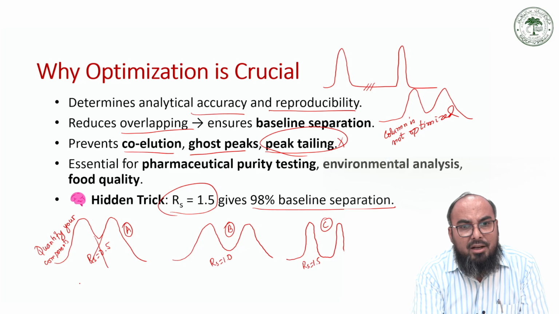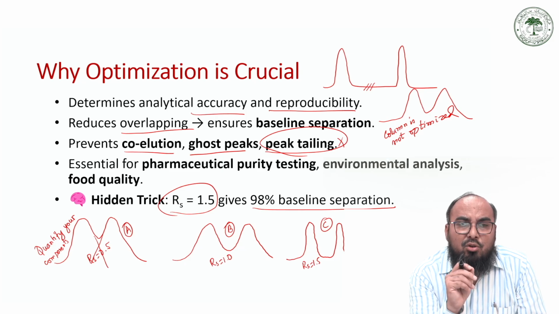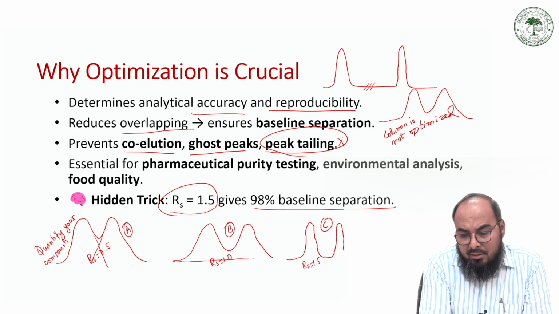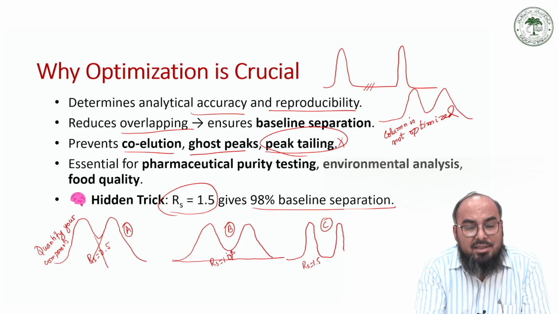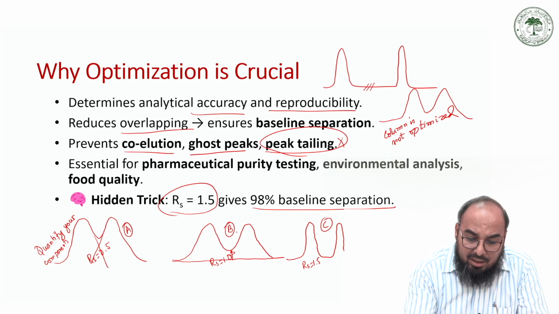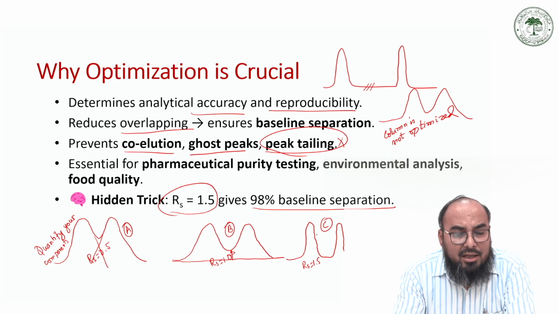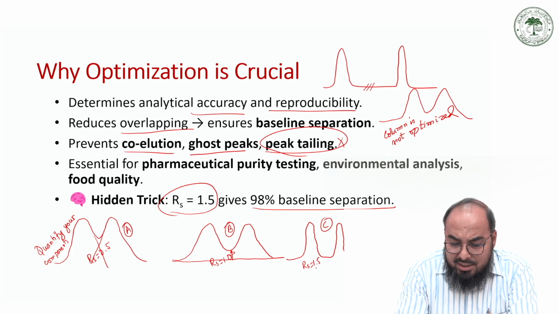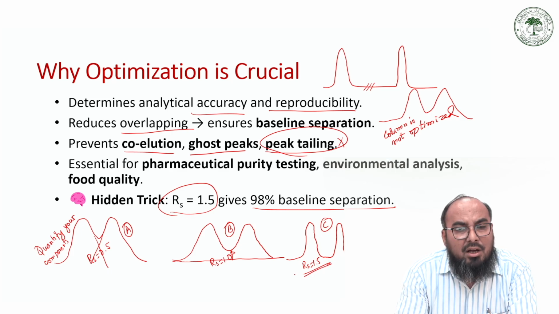And if you have a common area, you cannot have a pinpoint quantification of your different constituents. Similarly, here if you draw a baseline, then again there is some overlap, although not as big as in the first scenario, but again there is overlap. Similarly, in the third case, you have a very clear-cut separation, and this RS actually gives you a very good